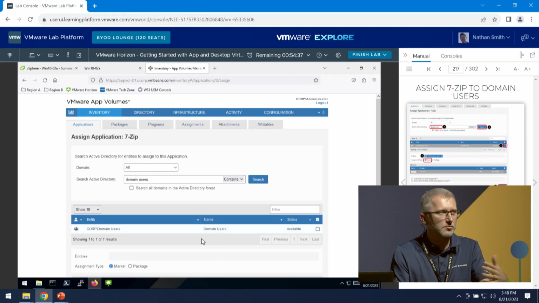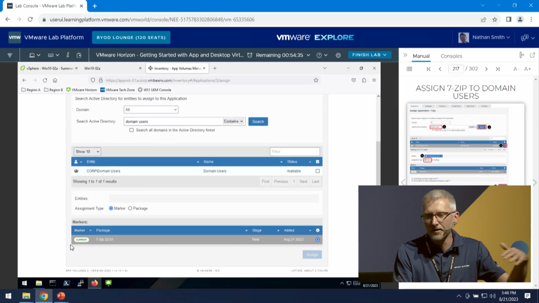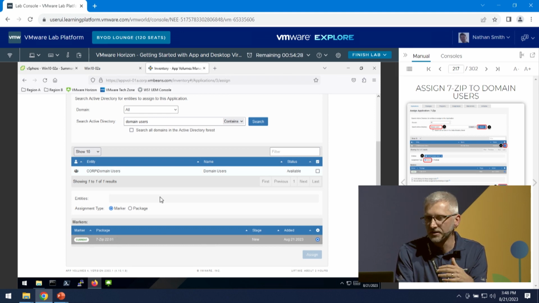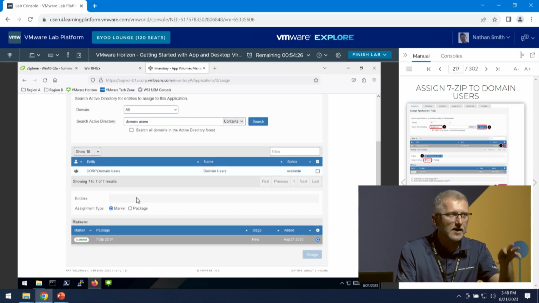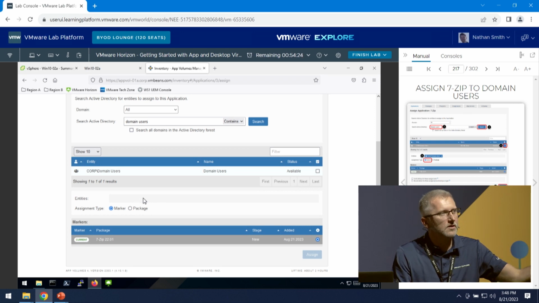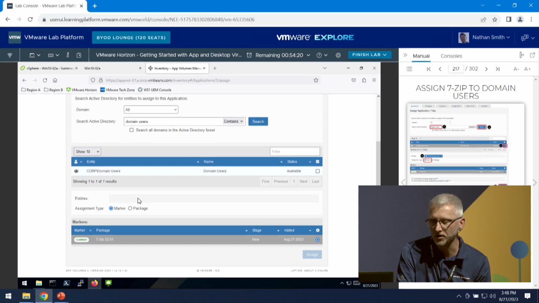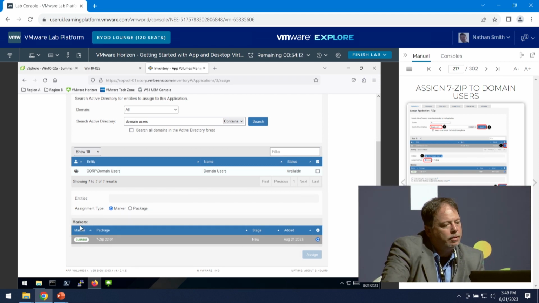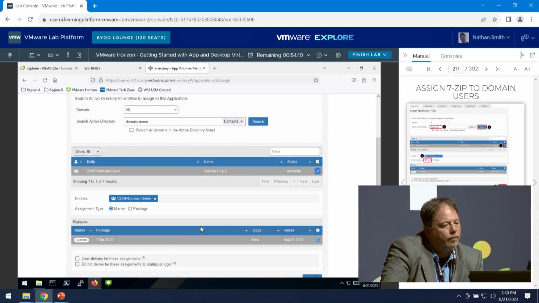So here it's pretty simple. We're just assigning the current to everybody. But if you had, say, test groups, you could assign the test tagged version, test marker version, to a group ahead of time while leaving everyone else on current before you go all out and roll that out to the whole environment. Assign by marker. You need a checkbox there. That one,